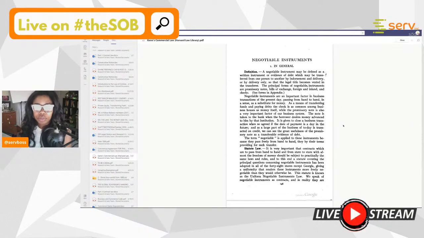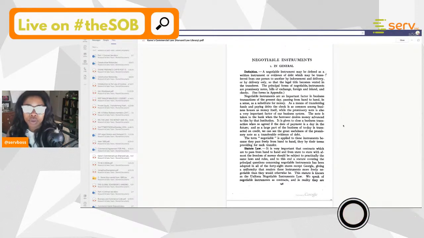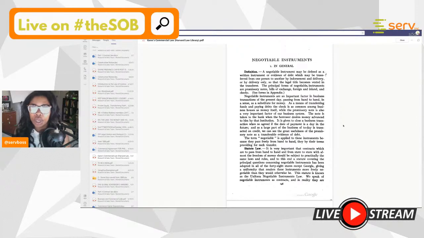It says a negotiable instrument may be defined as a written instrument or evidence of debt, which may be transferred from one person to another by endorsement and delivery. Endorsement meaning your signature on the instrument that has the instructions for the transaction to be executed. So you have the endorsement and delivery, or by delivery only,